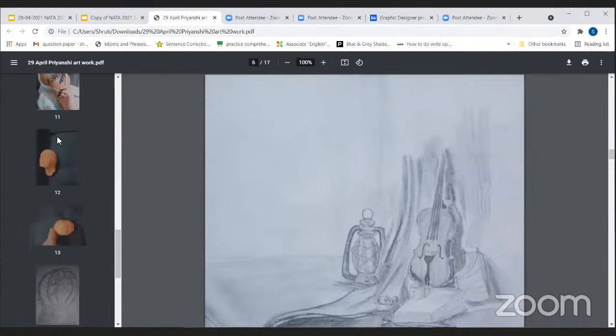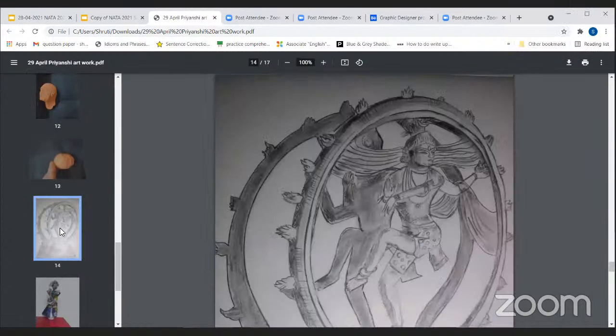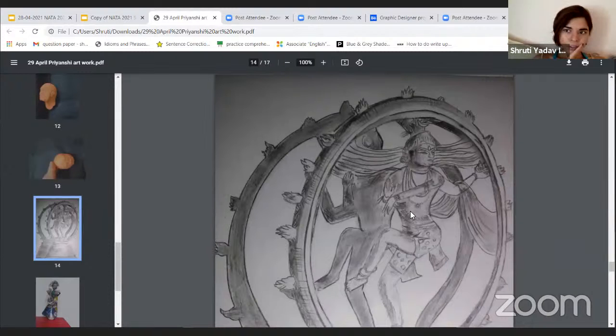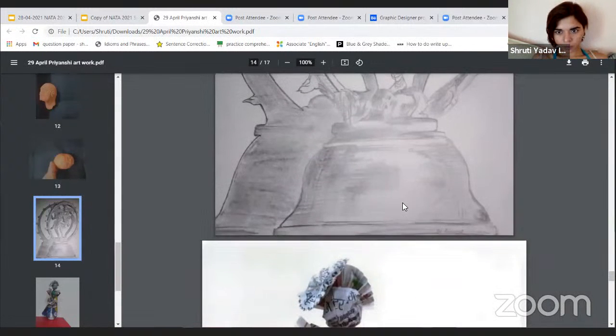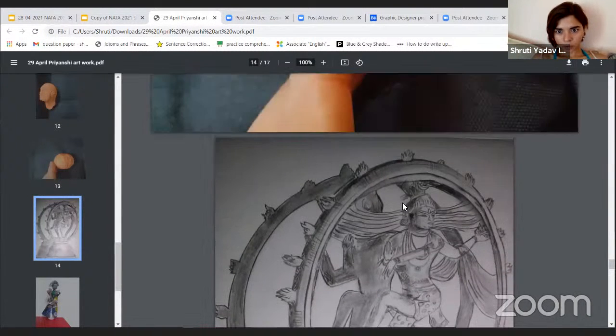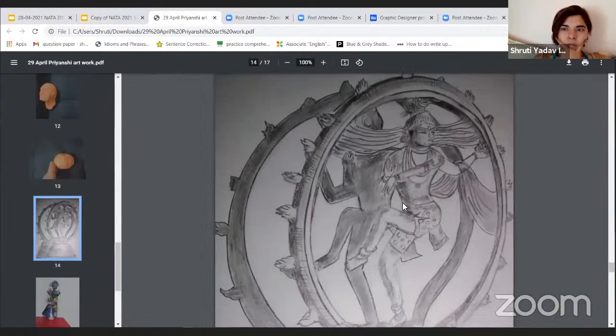No, ma'am, Nataraj. Yeah, this one is my favorite. This is your favorite. Yeah, it looks quite detailed and quite heavily worked on. I'm thinking how to end the portfolio with this.